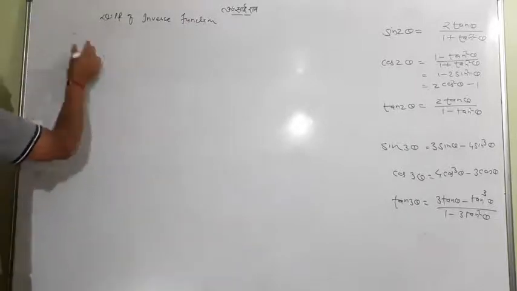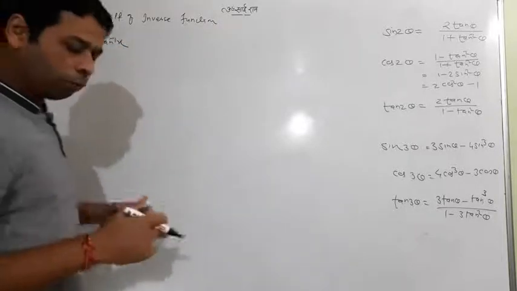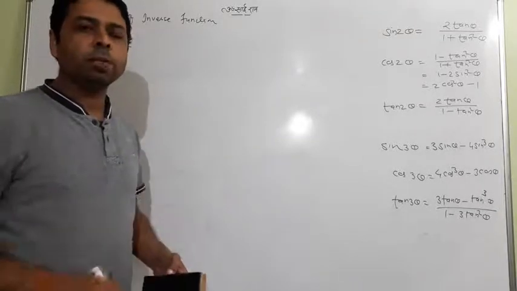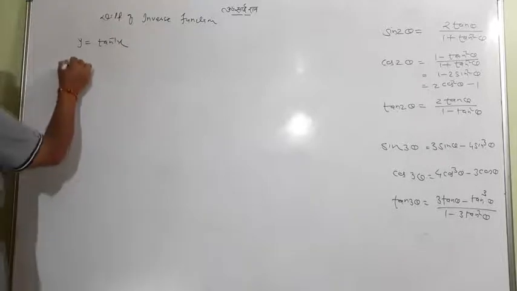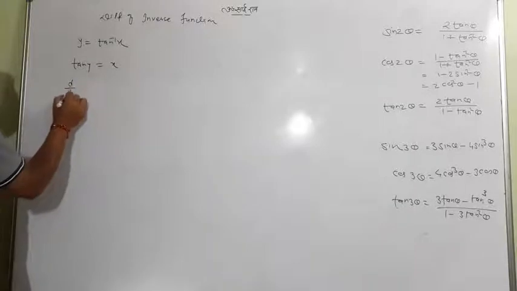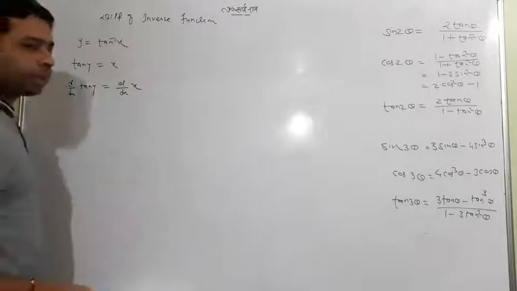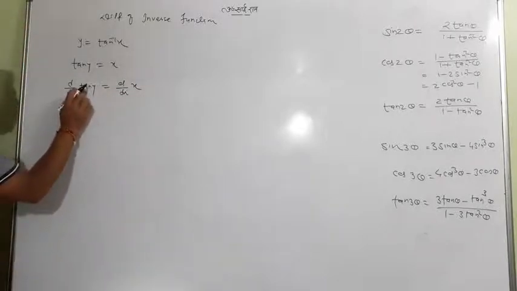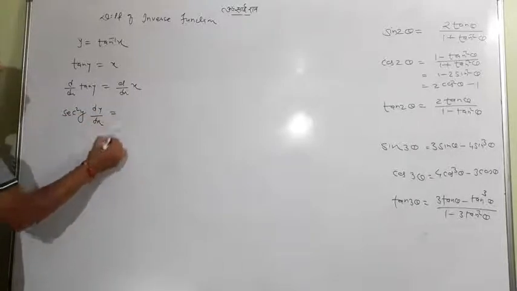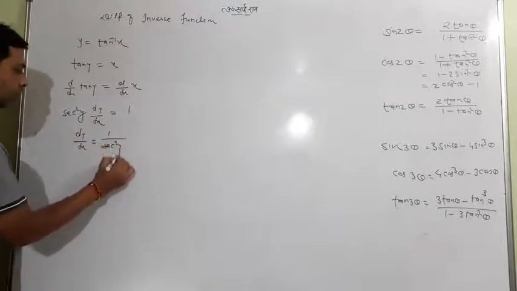Which is y equal to tan inverse x, and now it's a simple thing that cot inverse x will not be needed here, because it comes with just a minus sign. So first I transfer tan to the other side, it will be x only. We differentiate both sides. d by dx of x, what is tan y? The differential of tan y is sec square y times dy by dx, and x will be 1. So lastly dy by dx will be 1 upon sec square y.